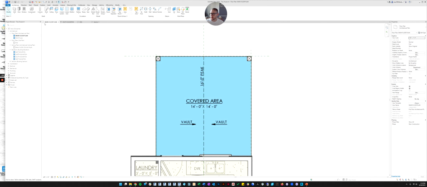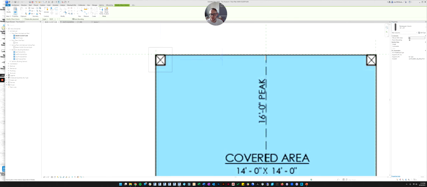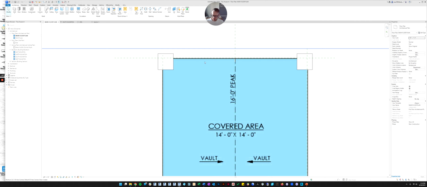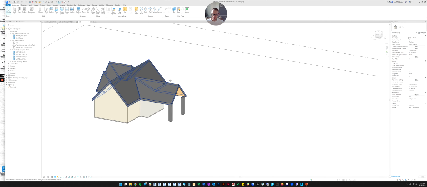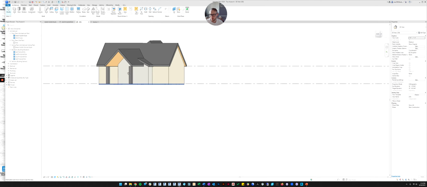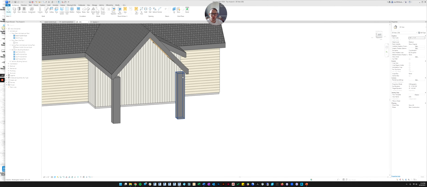Actually this is a good opportunity to show you. Let's keep that architectural column. Let's pick an 18 by 18, which is insanely huge. Click on the center of this column to place it, and then let's look at it in 3D, see what we've done here. Okay, so we placed these columns, and maybe that's what you want, maybe that's fine. But it seems a little large.